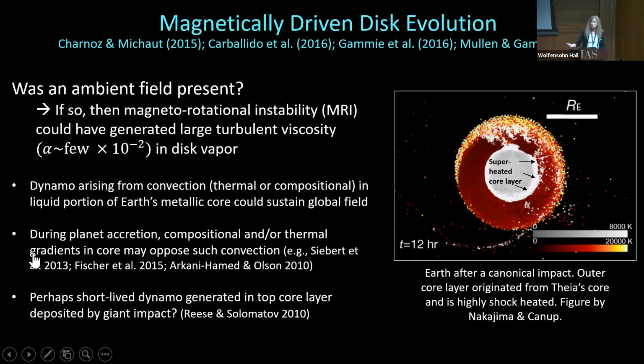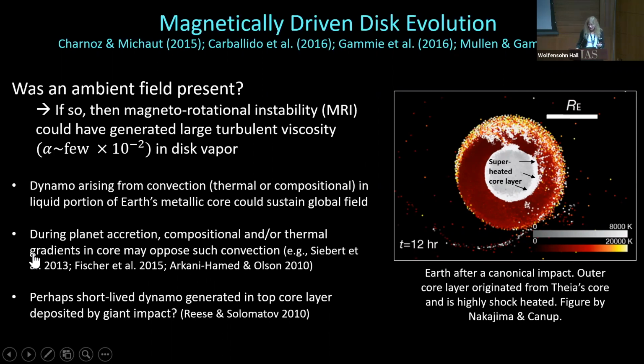So we think that a global planetary field is generated as a result of convective motions in a liquid layer of its core that sustains a dynamo. It's generally thought that there are both thermal and compositional gradients in the structure of the core that develop during particularly these late stages of planet accretion that may tend to oppose that convection. For example, each time you have a giant impact, the metallic core from the impactor often merges right on top of the core of the target, and it's more highly heated and tends to create a positive radial temperature gradient